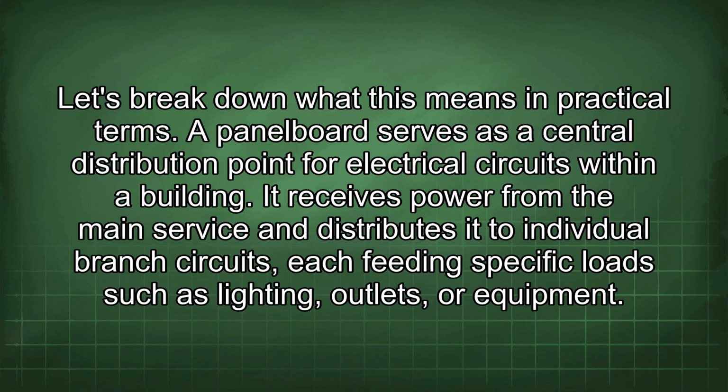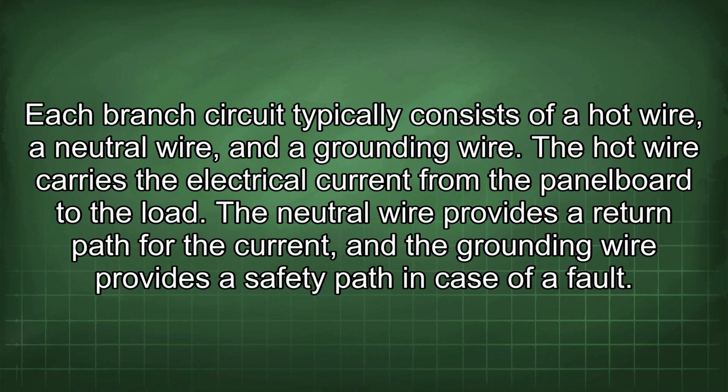A panelboard serves as a central distribution point for electrical circuits within a building. It receives power from the main service and distributes it to individual branch circuits, each feeding specific loads such as lighting, outlets, or equipment. Each branch circuit typically consists of a hot wire, a neutral wire, and a grounding wire. The hot wire carries the electrical current from the panelboard to the load. The neutral wire provides a return path for the current, and the grounding wire provides a safety path in case